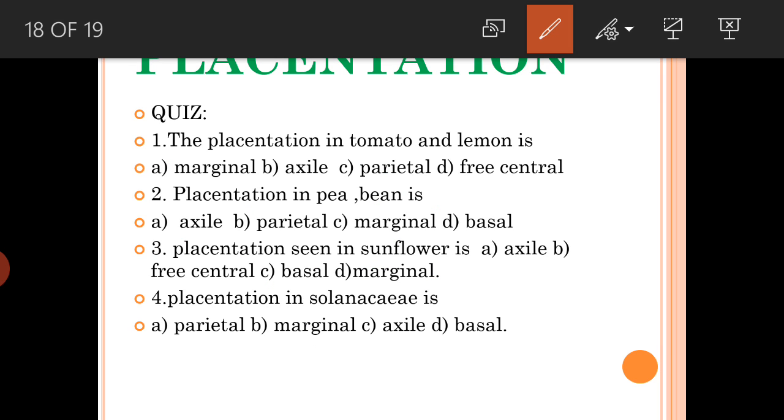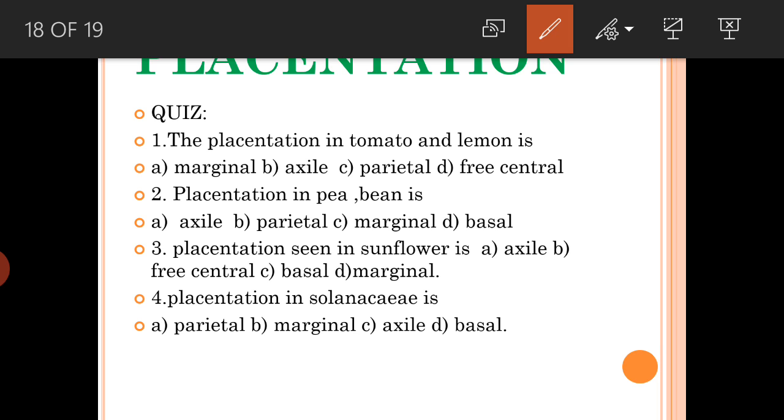Now let's see how to use these tricks in the quiz. These are the repeated questions which have been asked in NEET and other competitive exams. So let's see. The placentation in the tomato and the lemon. The type of placentation seen in tomato and lemon. The options given are marginal, axial, parietal and free central. So here I told you